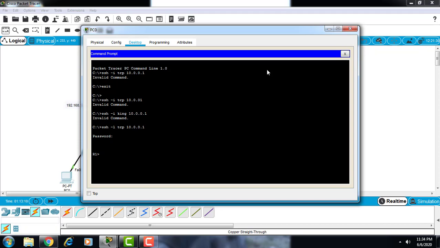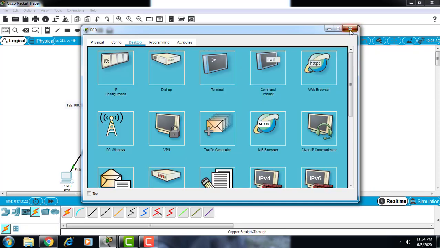Similarly, we can do anything here, but we have to get into enable mode. There is no enable password set, so we have to first configure the enable password.